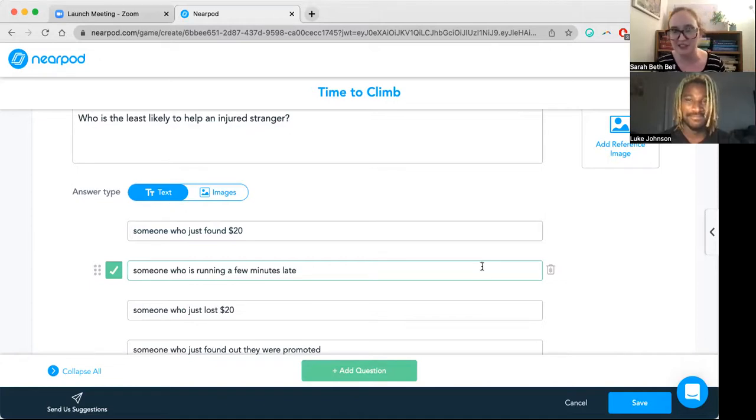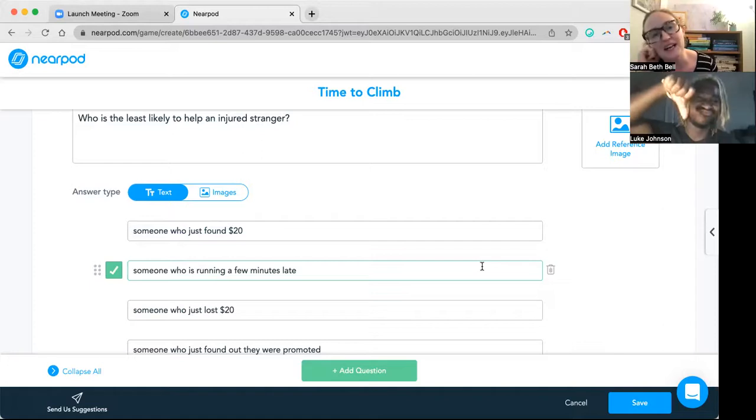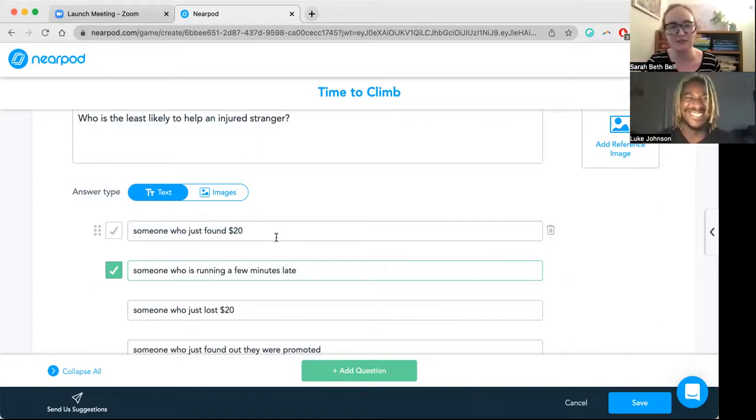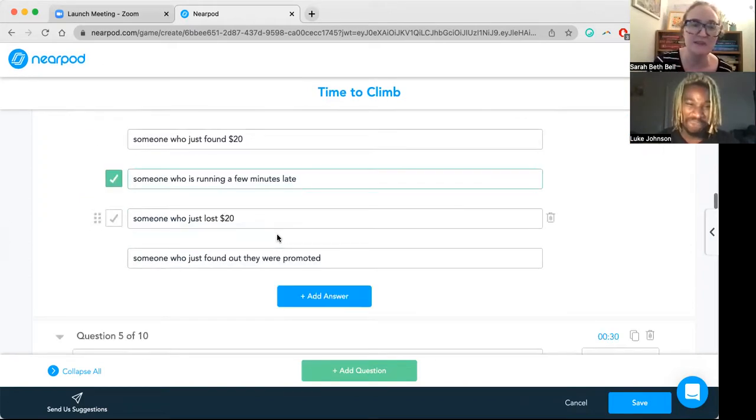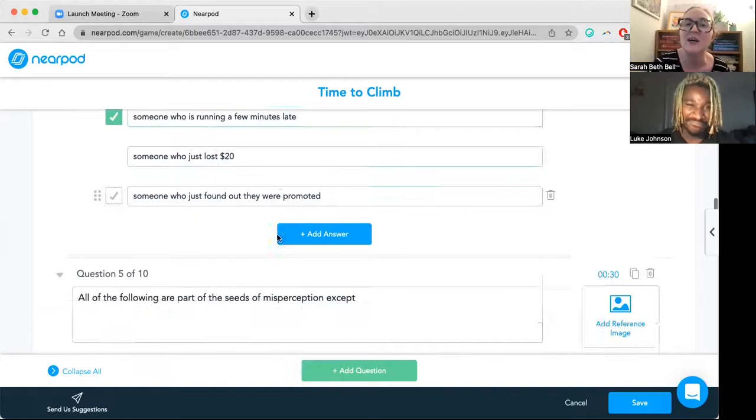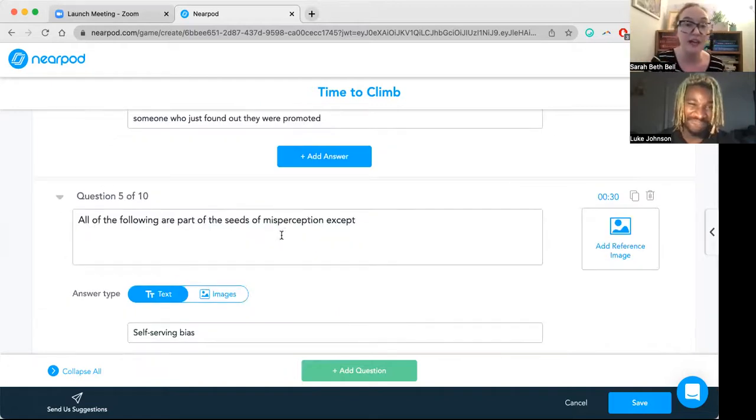they made them be running late, and there was a real hurt person on their way to give the sermon about helping a bystander, and they just walked right by him. So if you're running late, that's when you're unlikely to help. The $20 thing that you see here, that's just a bluff I just thought of. Basically, just keep in mind you're running late, you're not going to help probably, but you should.